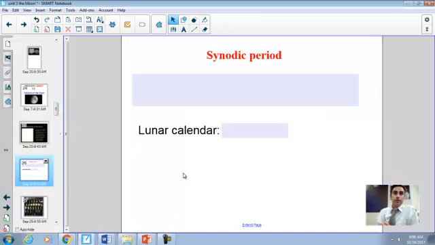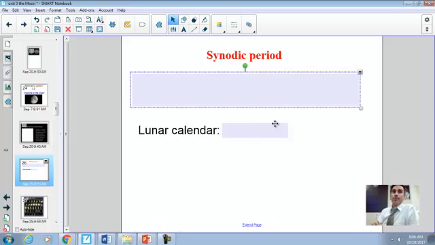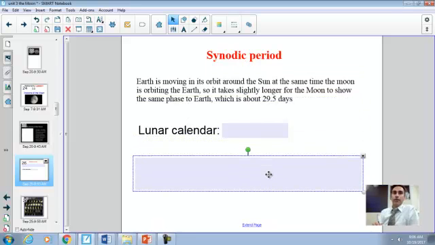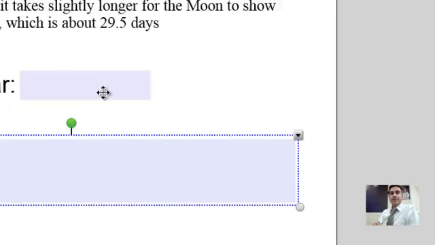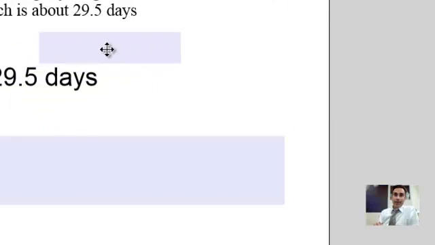All right, so let's talk about the moon's orbit. What we have is something called the lunar calendar, and that's about 29 and a half days. So this is looking at the phases of the moon. And because of our location on Earth,